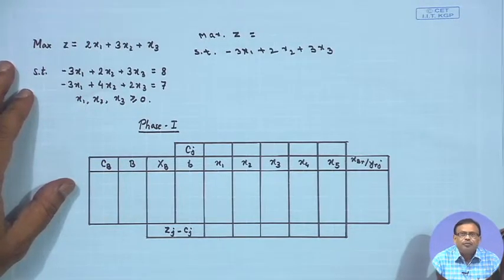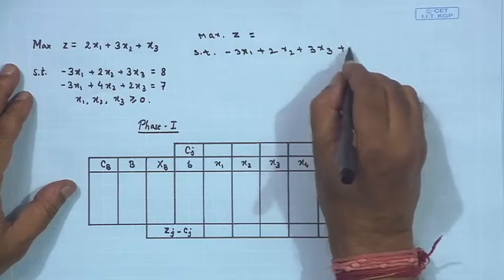As I was telling earlier, whenever you have an equality constraint, if required, I have to use the artificial variable. And please note that if I do not use the artificial variable in these two equality constraints, I cannot obtain the initial solution, initial basis or basic feasible solution, because if I make all the variables x 1, x 2, x 3 equal to 0, that does not satisfy my condition. So, we are adding an artificial variable for both. Therefore, it will be plus x 4